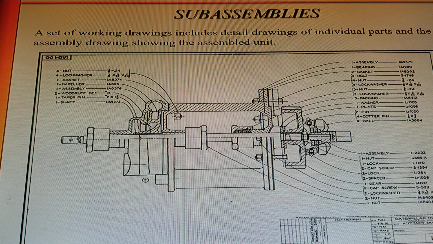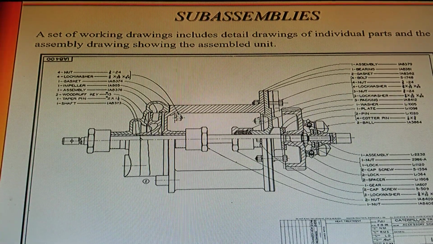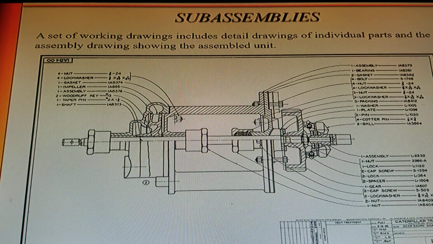Sub-assemblies. A set of working drawings includes detailed drawings of individual parts and the assembly drawing showing the assembled unit. So here are the parts. This is actually a half section, except on that far right. Actually, that's a full section on the far right. But the upper half on the left is a half section because the lower half is a regular orthographic projection